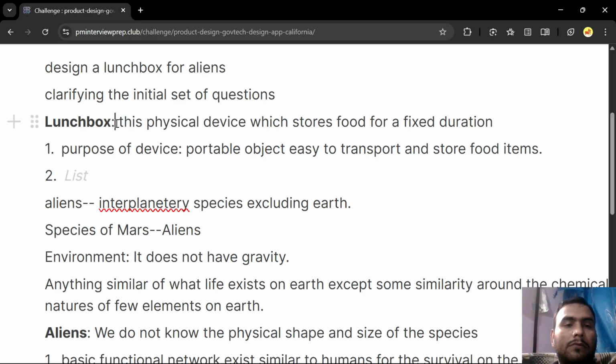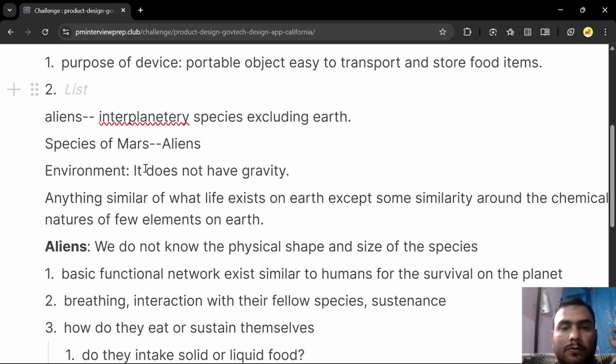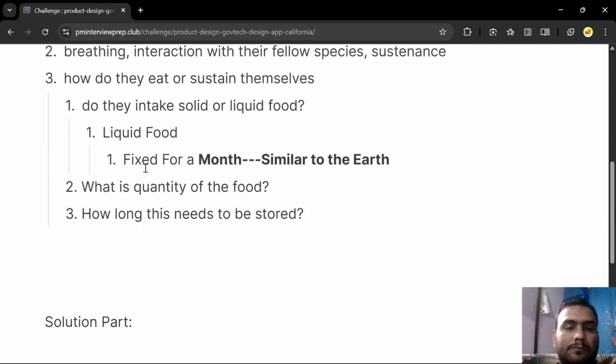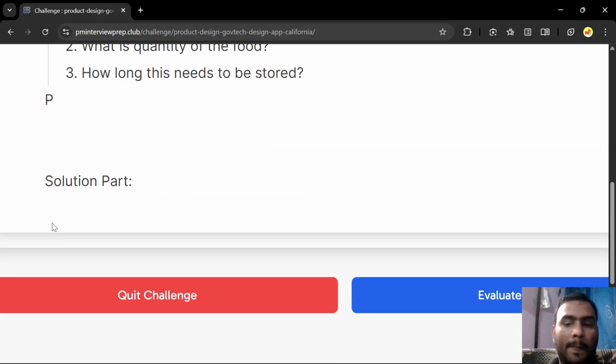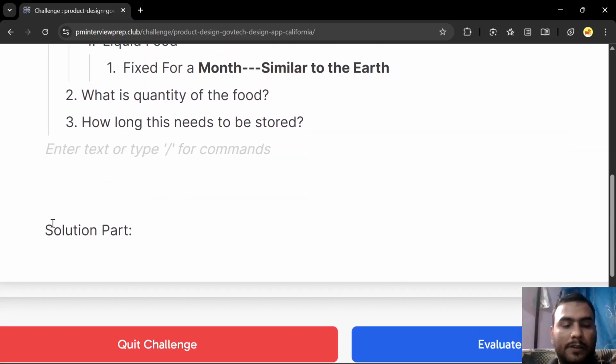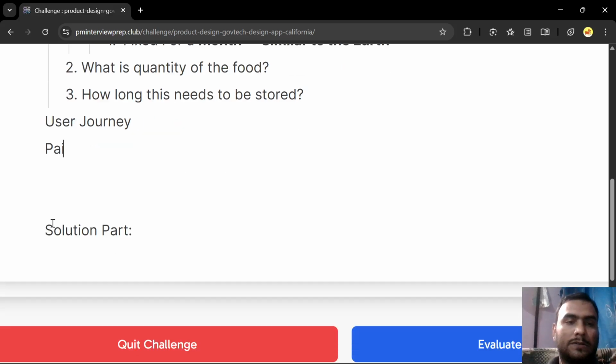because we are thinking about a different planet itself. So how will this product look in that part of a planet, depending on the purpose we use it for here at Earth. So let us do first a user journey, because that will give us a pain point. So if I think about the user journey,